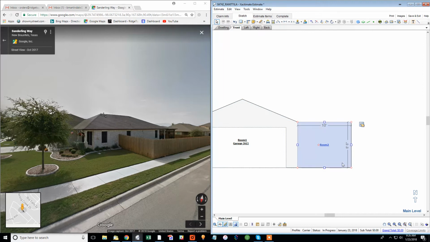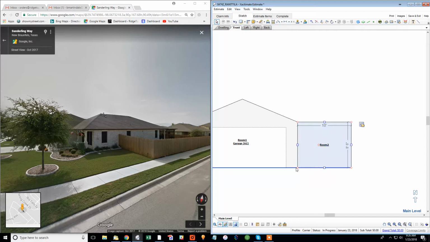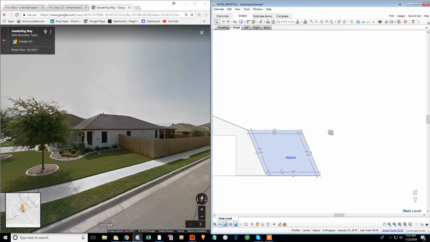Well, we're not just going to leave that like that. We're going to just mess with this real quick. So what you're going to want to do is just like that. So that's accounting for that. Now what we have to do